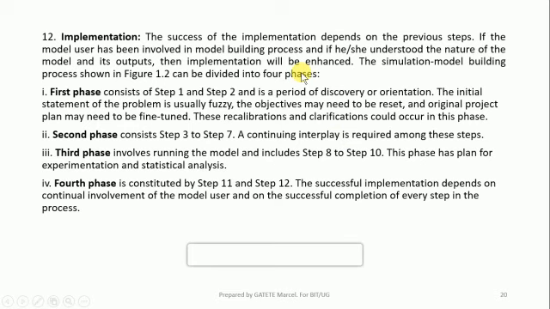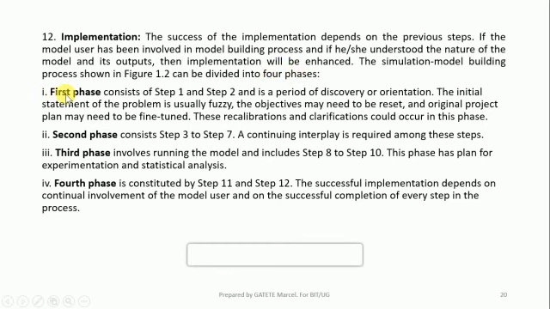As we saw, we have 12 steps for simulation model building, but these 12 steps can be summarized into 4 phases. So you can use those 12 steps, but you can summarize them into 4 phases.